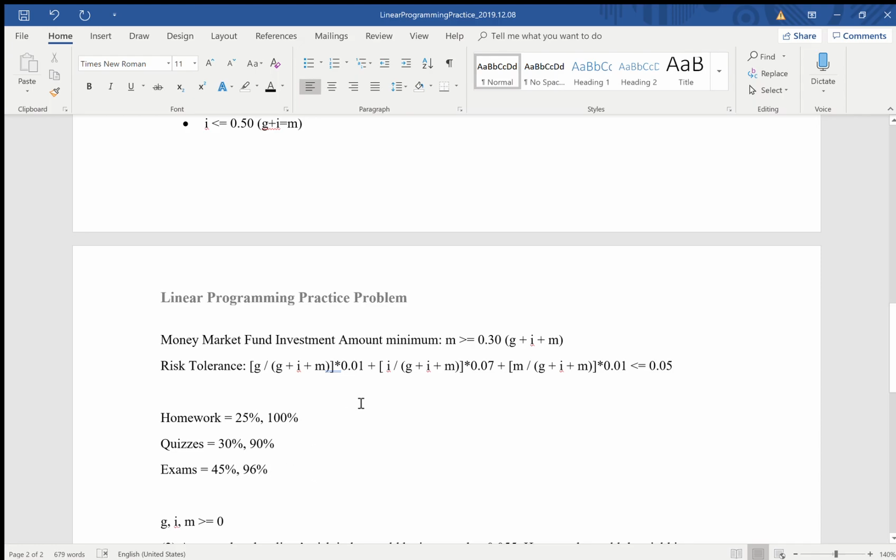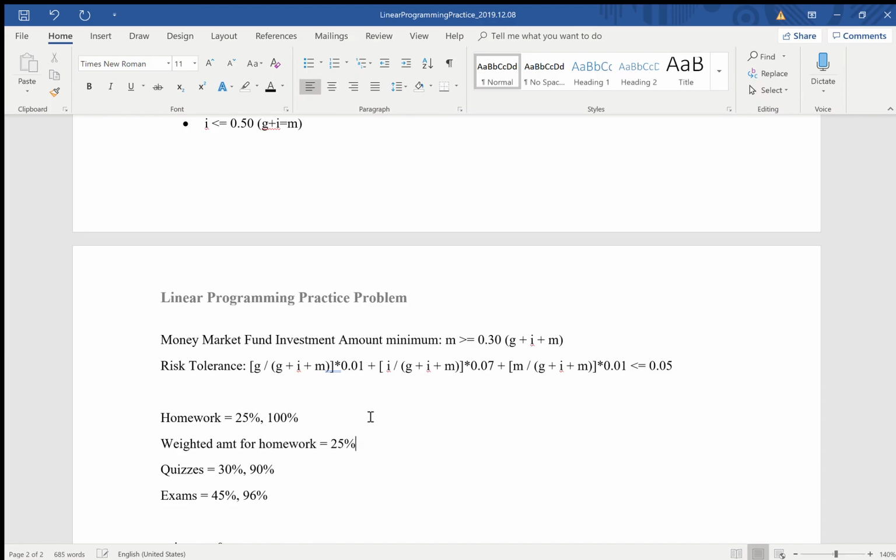Now, in order for me to calculate the weight of my homework, quizzes, and exams on my overall grade, I have to multiply these two values. So the weighted amount for homework